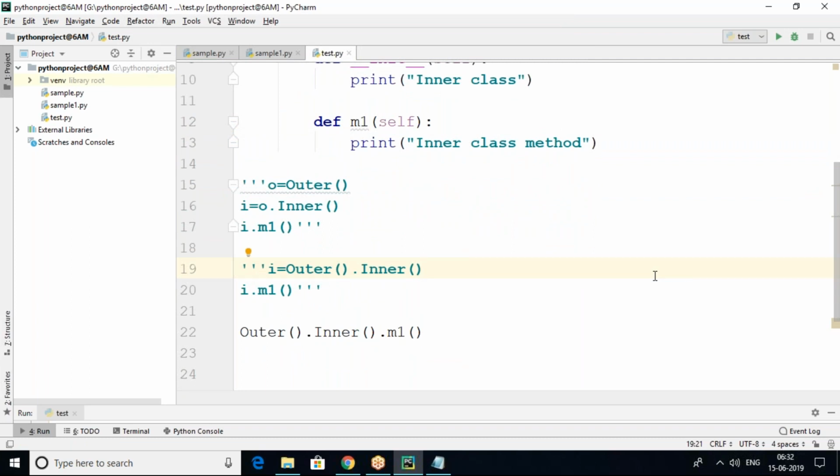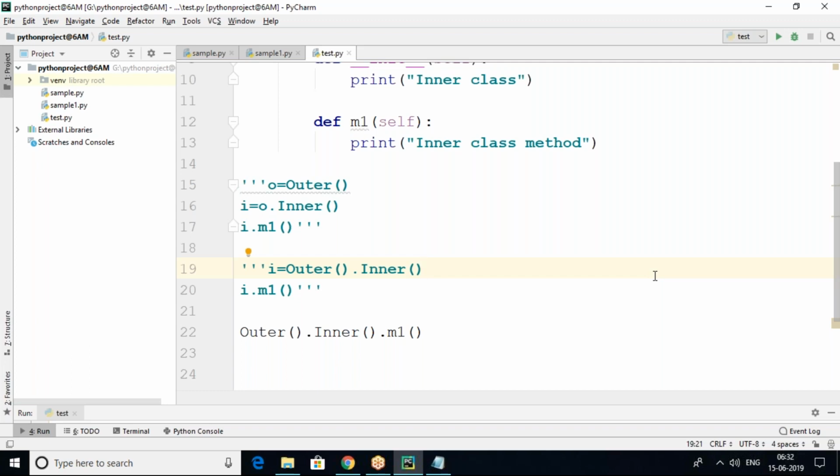So these are the different ways to call inner class methods. When we use an inner class, sometimes we can declare a class inside another class, that is called an inner class. How to access inner class methods and inner class constructor? This is the way here. Without the existence of one type of object, there is no chance of another type of object existing. Then we should go for an inner class.